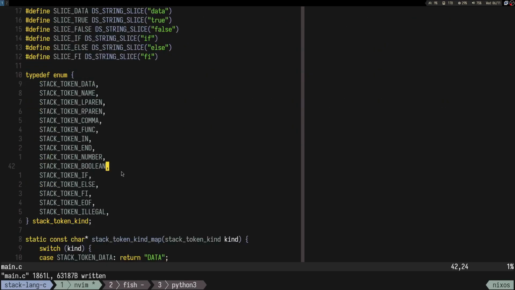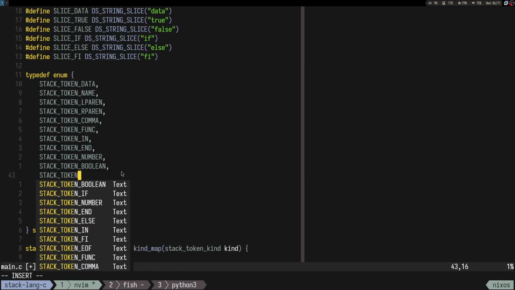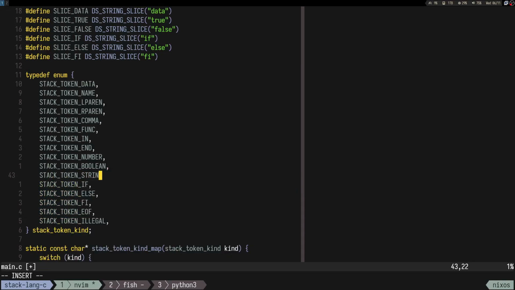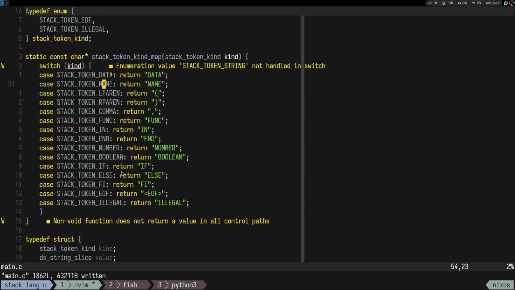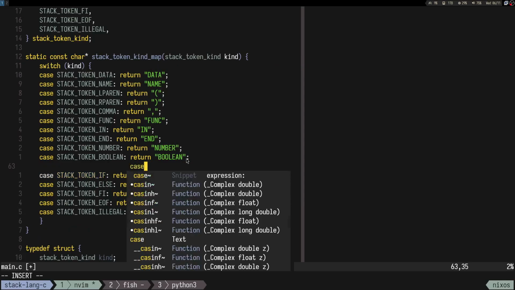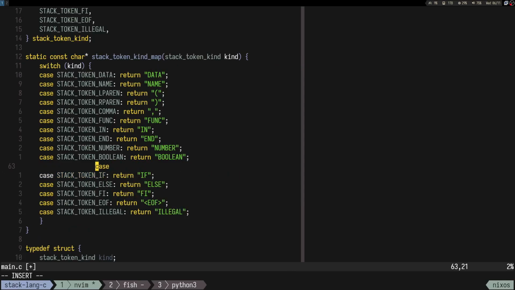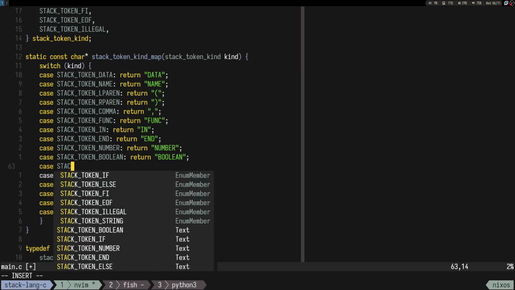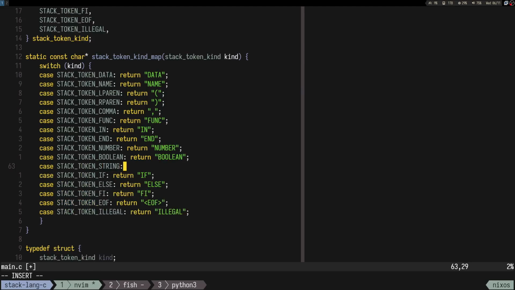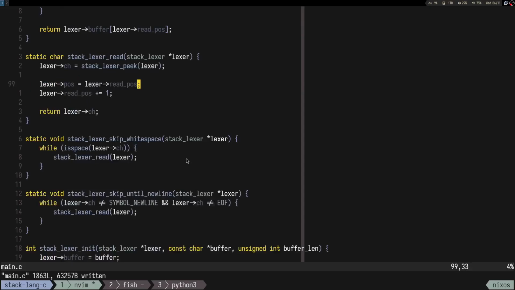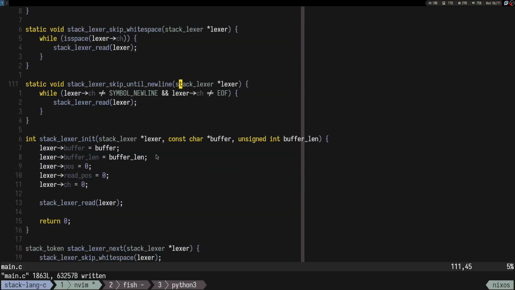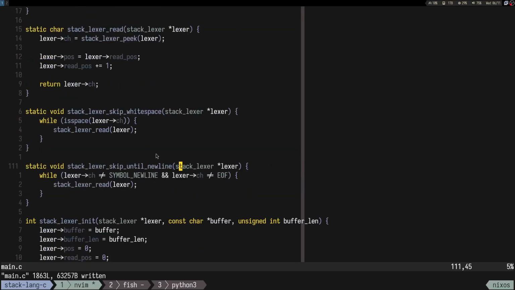And let's add stack token string. Case stack token string. Let's at least try to do the lexer, so we are a bit more advanced when we try to